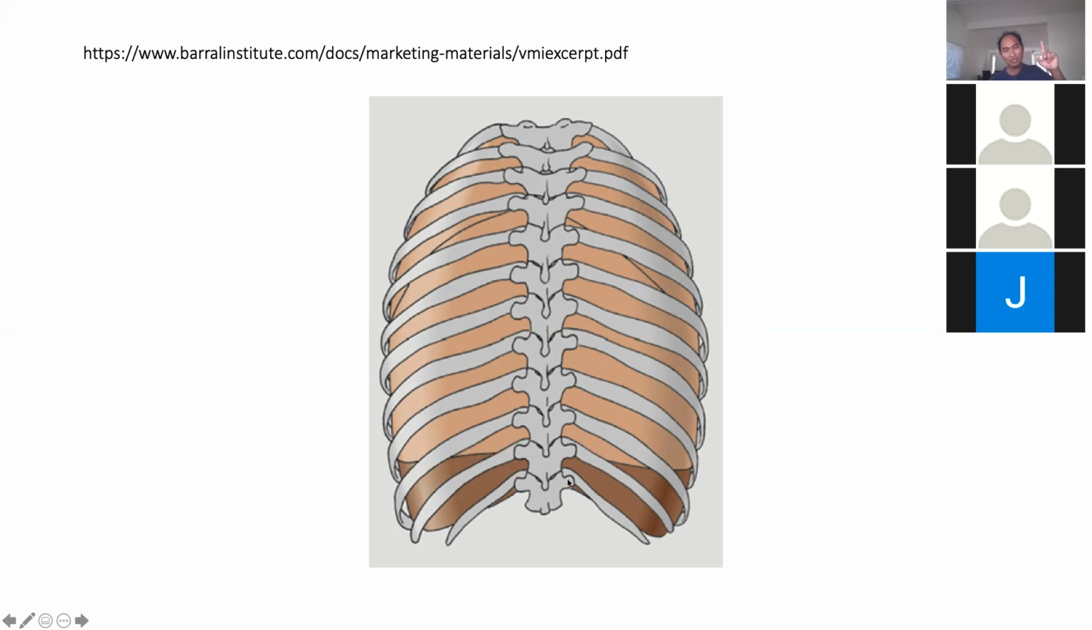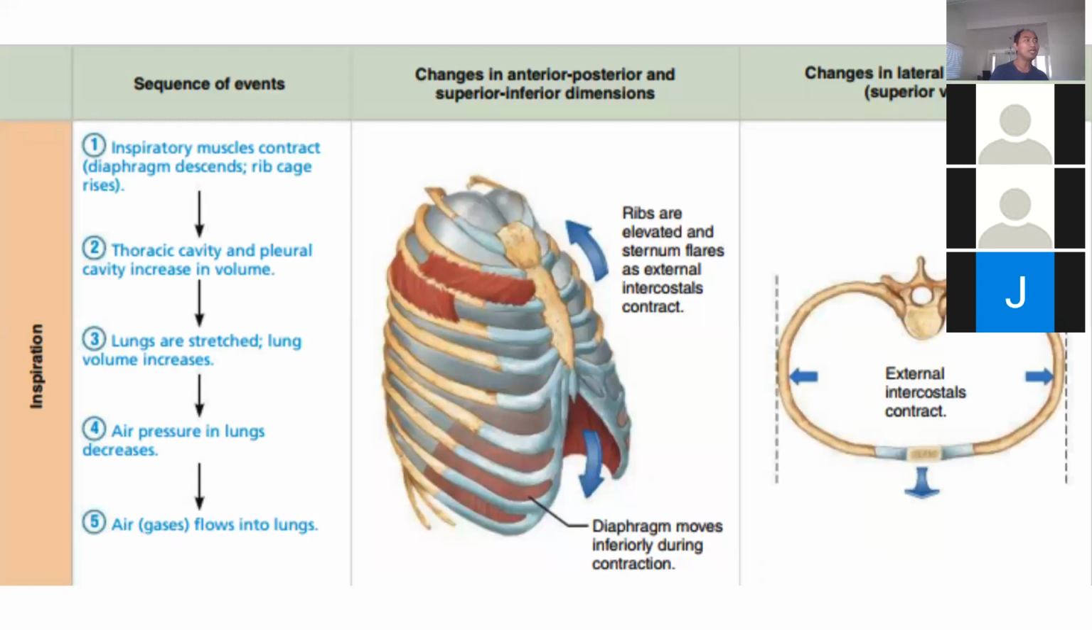So when we breathe in, the lung will expand so that there is still room for the pleura to accommodate the lung substance, which is filled with the air. So inspiration, if we breathe in,